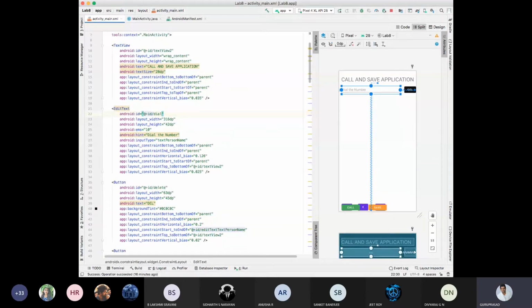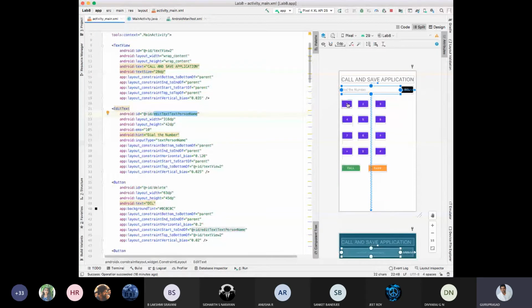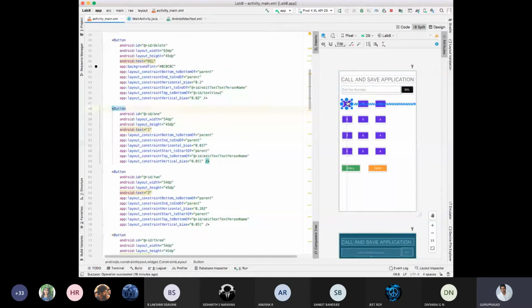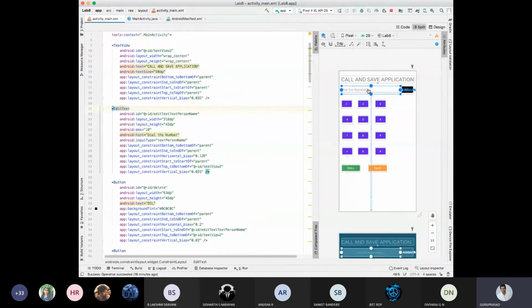Because initially you have integrated this one. The constraint is the top one is the bottom of your dialer. Initially the dialer was the edit text person name.